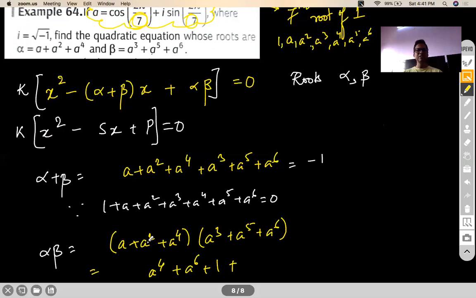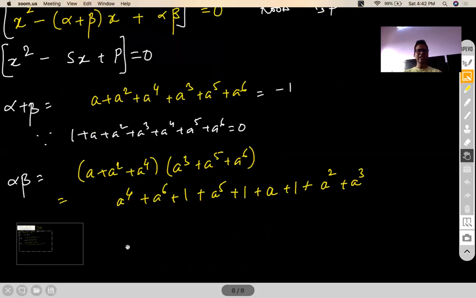Correct. Similarly, a square into a3 is a5. a square into a5 is a7, again 1. a square into a6 is a8. a8 is a. Then again a4 into a3 is a7, which is 1. a4 into a5 is a9, which is again a square. a4 into a6 is a10, which is again a cube. Correct. Can I not write this as